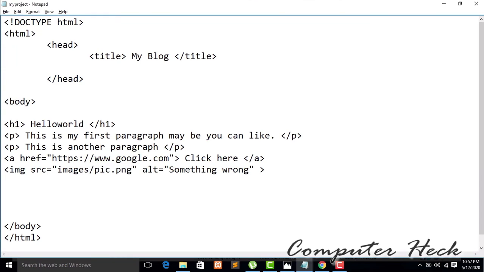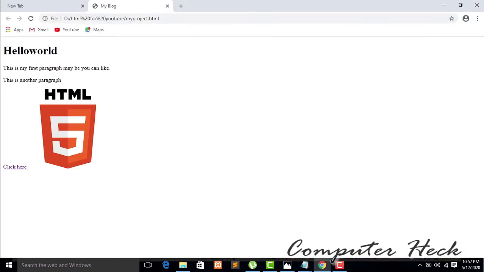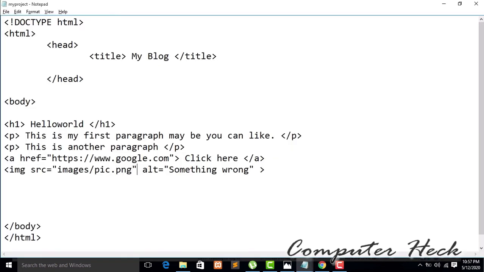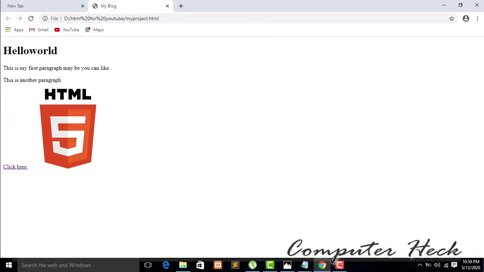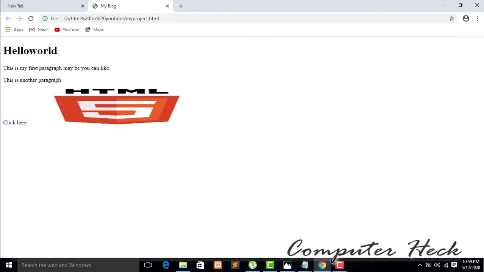I'm giving back the address to the source attribute. Now go to the browser, refresh, and you can see the image. Now I'm going to give here a style attribute. Now save it and go back to your browser, refresh. You can see the width and height that I gave in the style attribute changed the width and height